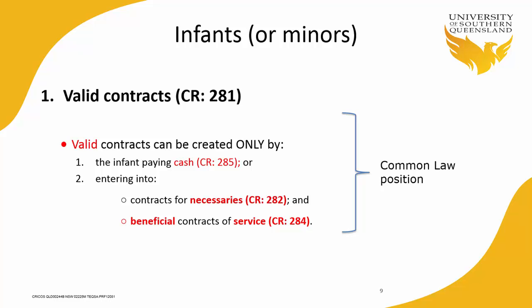So let's start with valid contracts, which is also on page 181. If an infant pays cash for goods or services, they are bound. That's the first thing. Here you can see that we are really trying to prevent hardship to the adults that are dealing with the infants. If the infant pays with cash, then we have a valid contract. It's enforceable. The infant cannot turn around later on and say, but I'm an infant and I can't pay for this. If you have the cash, then that's the end of the story, and we are going to prevent the hardship that would accrue to adults dealing with this infant if we don't enforce this contract. So if they pay by cash, the contract is enforceable,